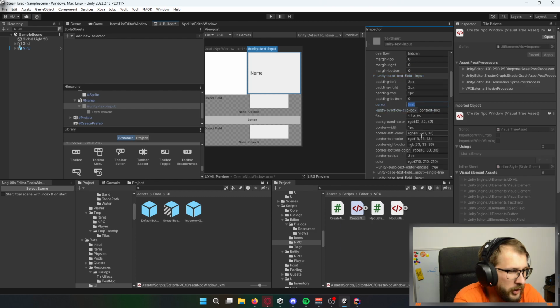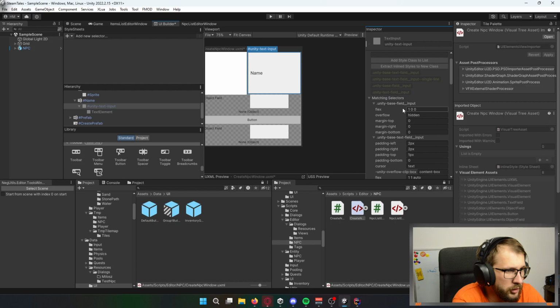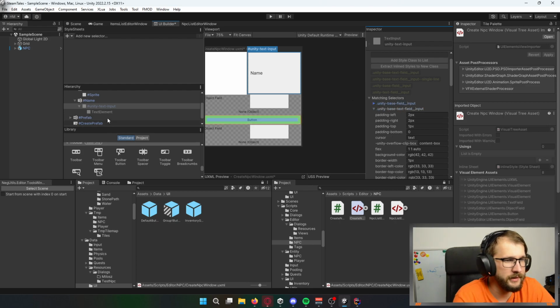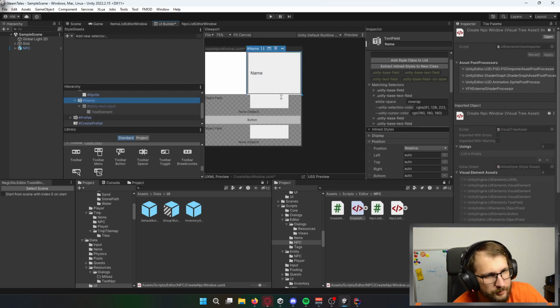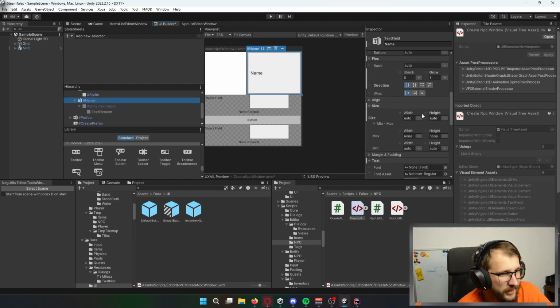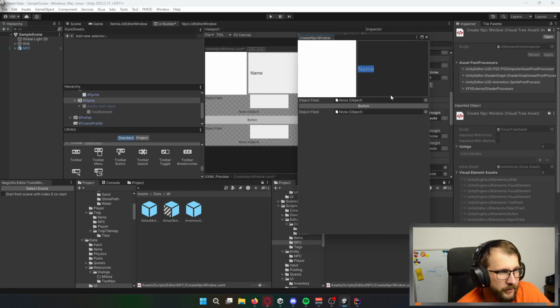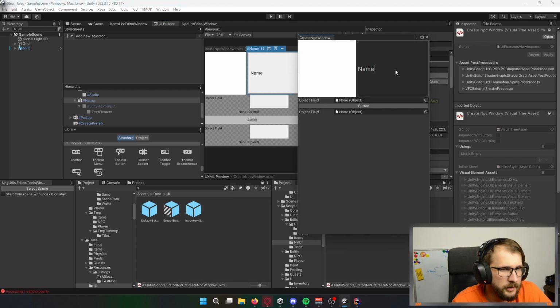So to do it, I would have to override this Unity base text field input. Okay, I don't want to do it, but I think I have to... Wait, no. It's not so bad.